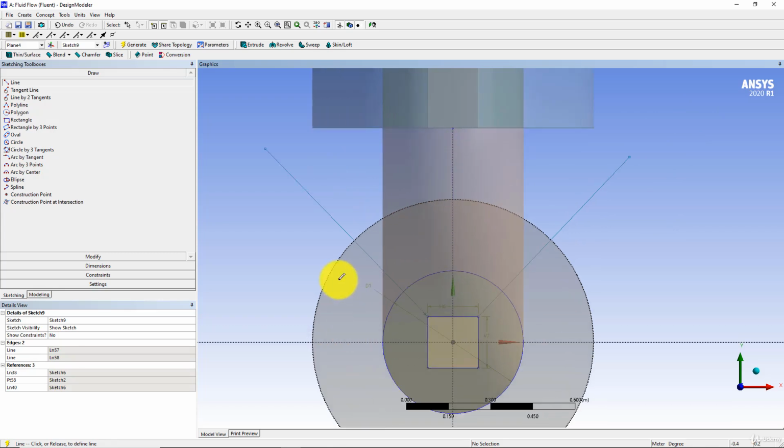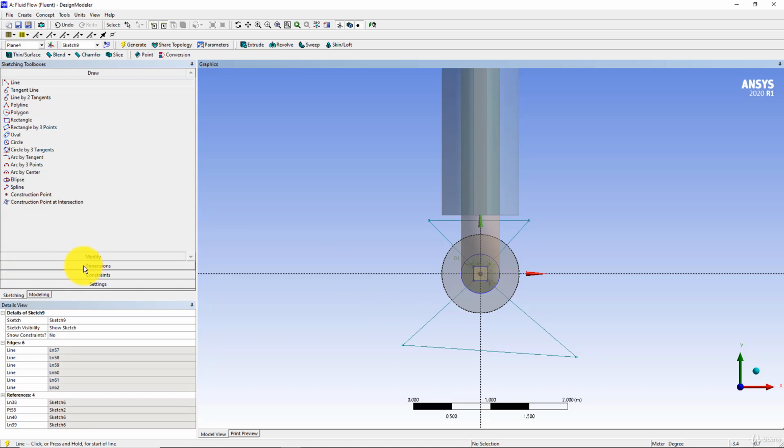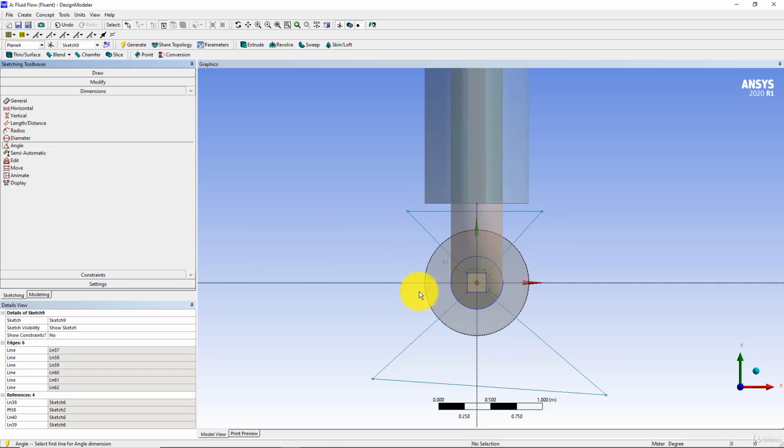here, and then also on the bottom side, and then join these lines by another line and make sure that we have the symbol P on the points. And then from dimensions we are going to use a dimension for the angle, and because we want to divide this cylinder into equal 4 parts, the angle should be 45 degrees from the horizontal line on all sides. So the angle between them should be equal to 45 degrees, and this is not the angle we want